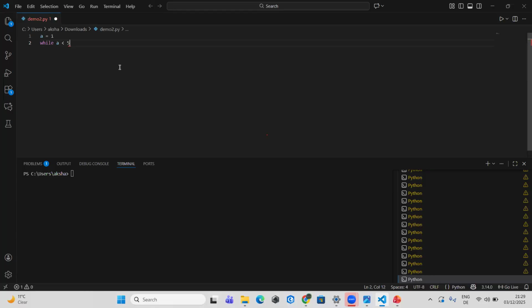So what it means is until A is satisfying this condition. I'm saying to Python that A is equal to 1. I will define a condition more, but